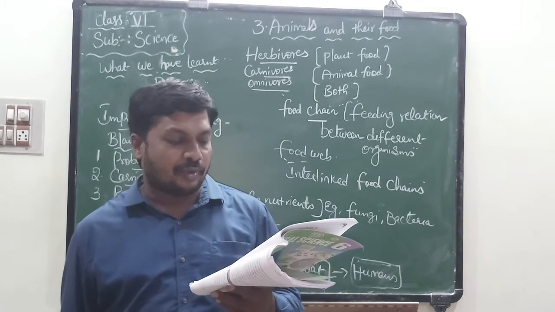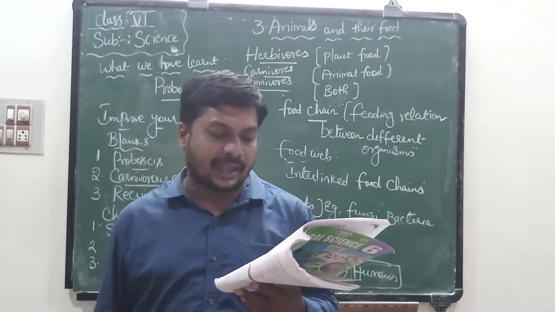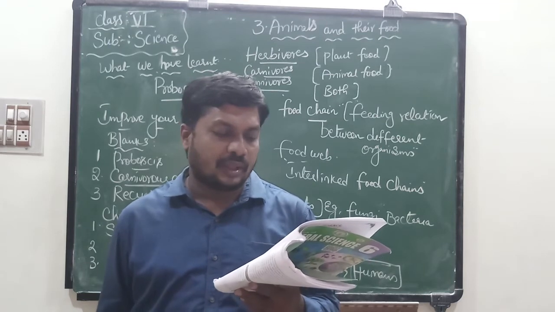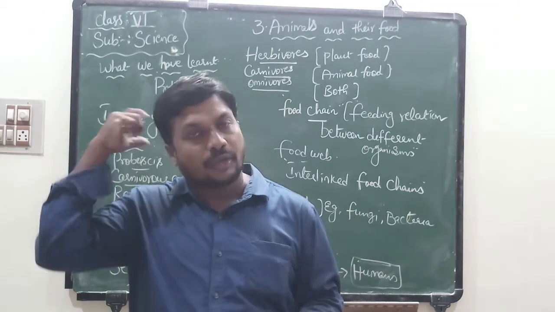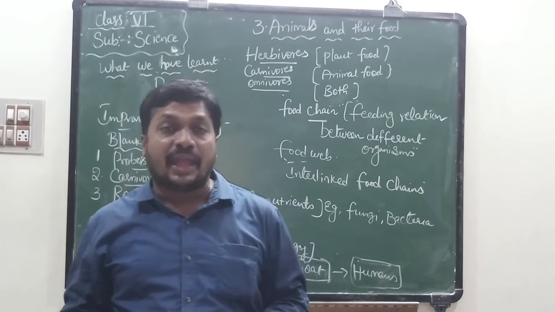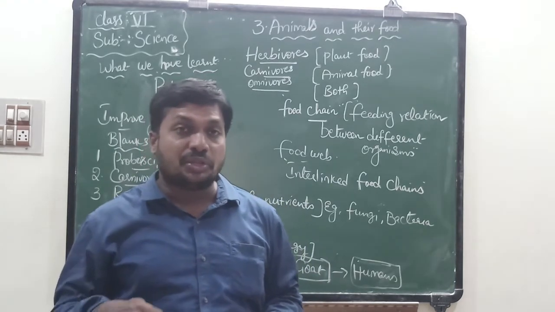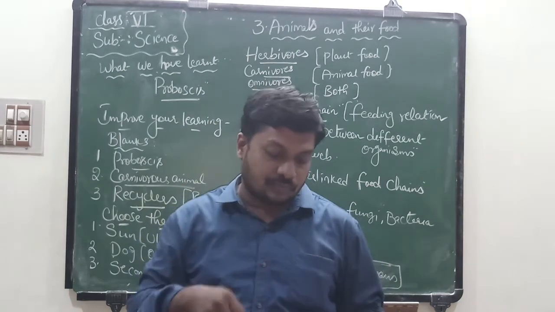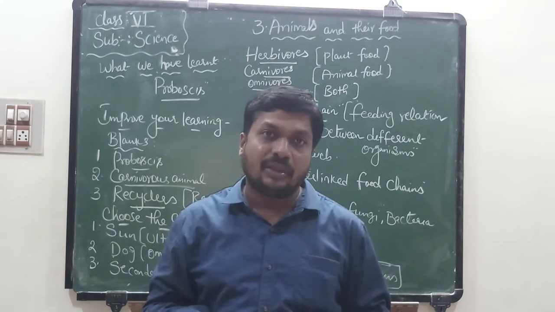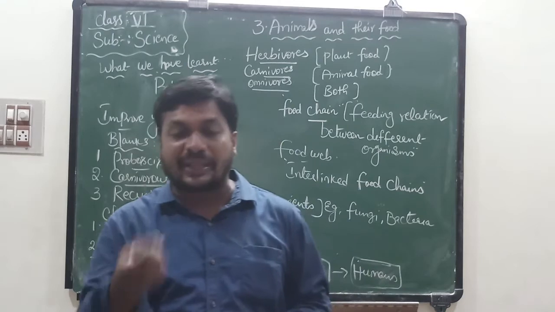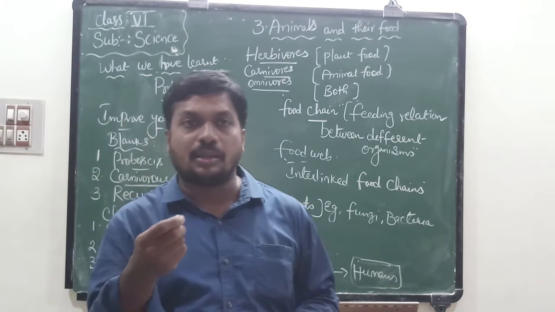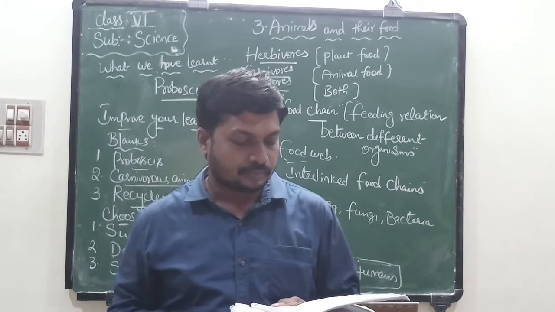Compare the legs and nails of a dog and a hen and say why they are different. For example, if you take the nails of a dog, dog is an omnivore. At the time of flesh eating, they use the sharp nails to tear the flesh. If you observe in hen, this is helpful for picking small worms or small nuts.